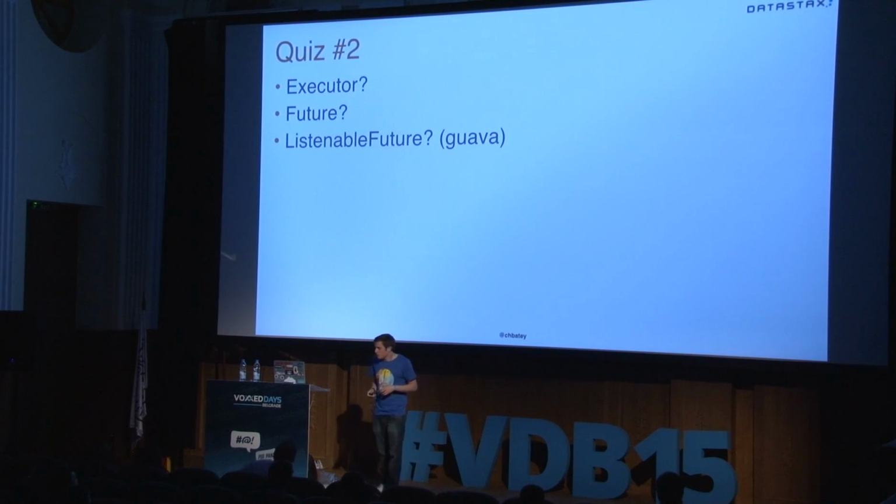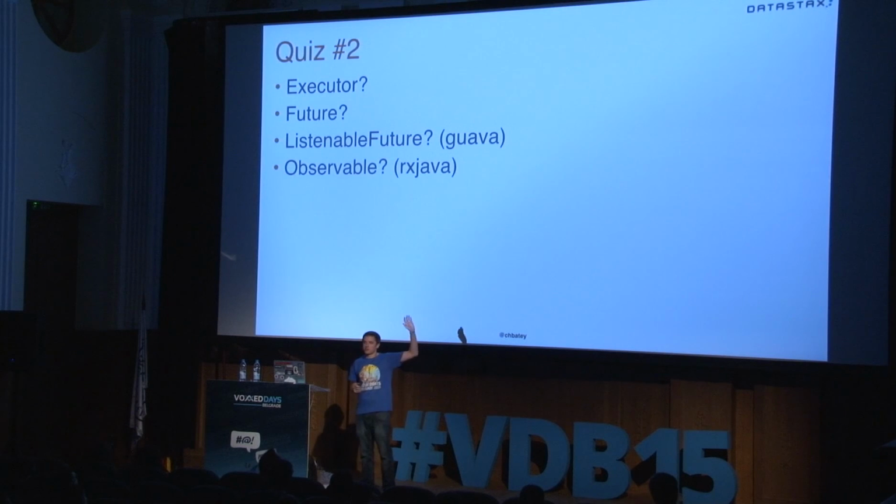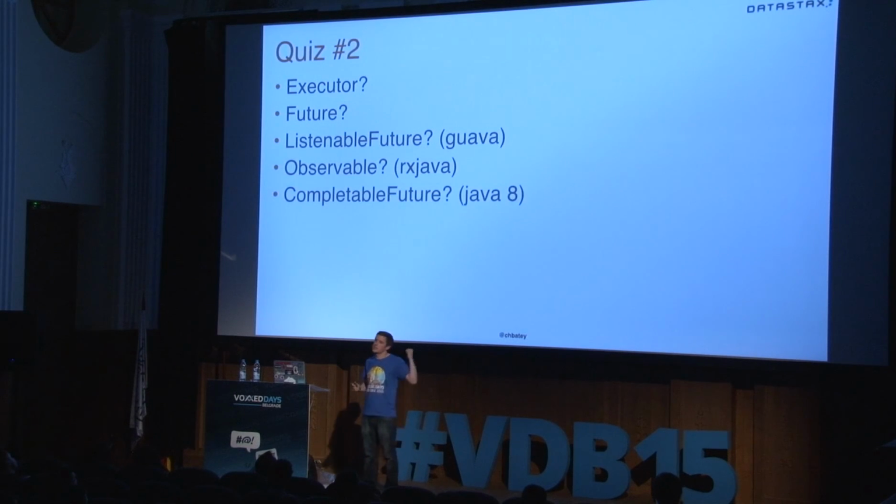To go even more hipster, who's used an observable? RxJava, reactive streams. There'll be no observables, I was just curious. And if you're hip with Java 8, people say the greatest thing about Java 8 is lambdas. I disagree. I think the best thing about Java 8 is the CompletableFuture. Has anyone used one of these yet? It's like a future, but you can actually do stuff with it. It is good, so we like these.